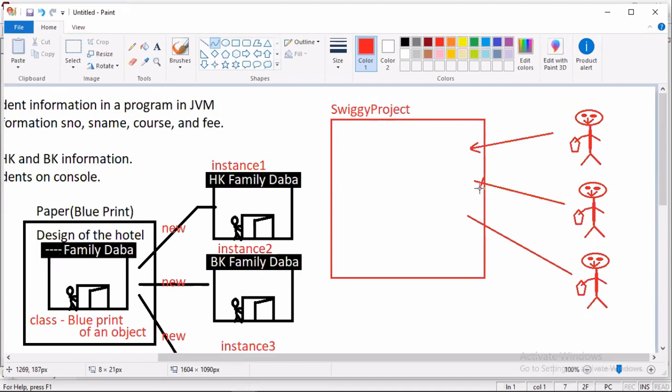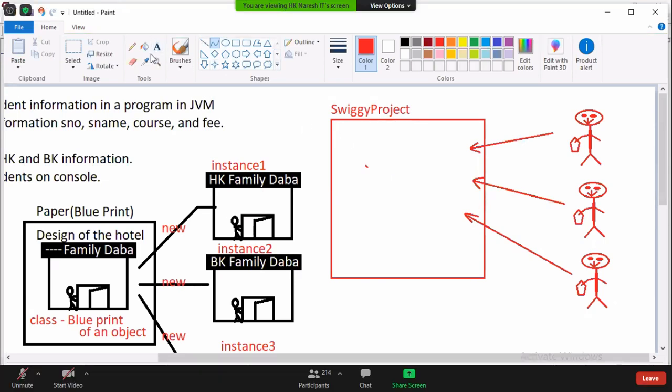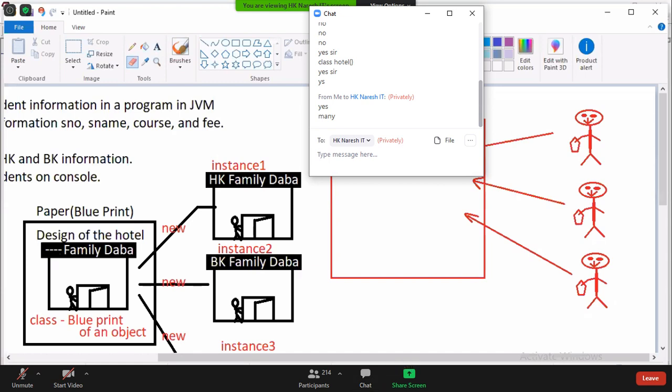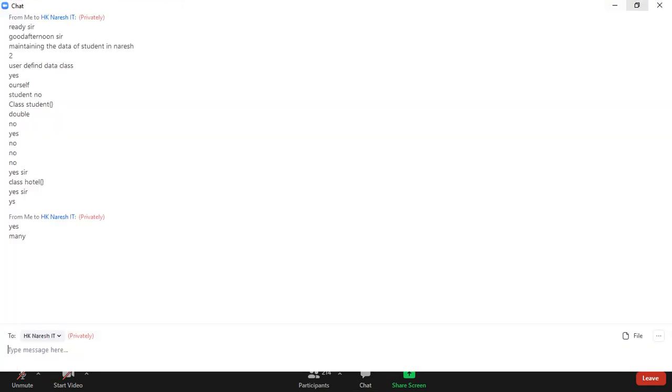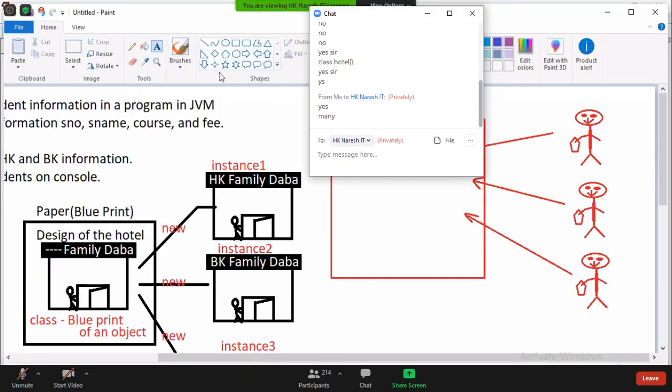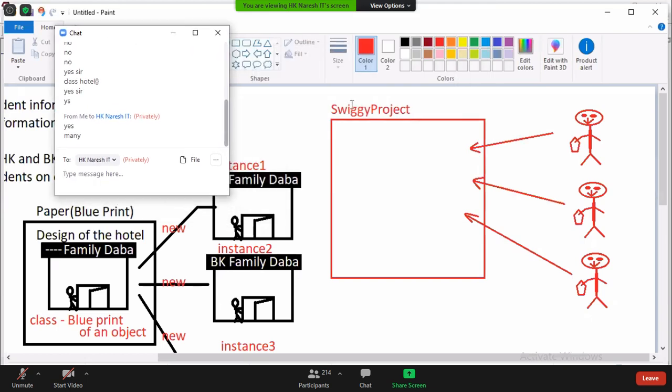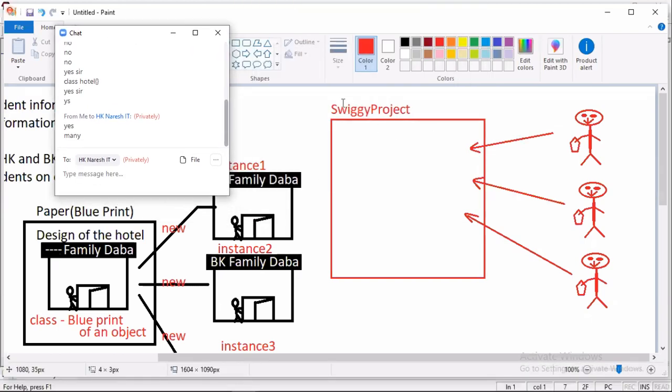Tell me, if you are the Swiggy software developer, how can you develop this code? In this Swiggy project, you must store all these delivery boy details. How can I store?